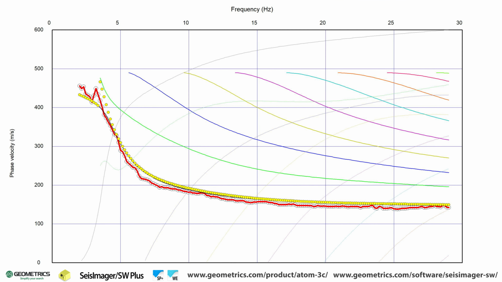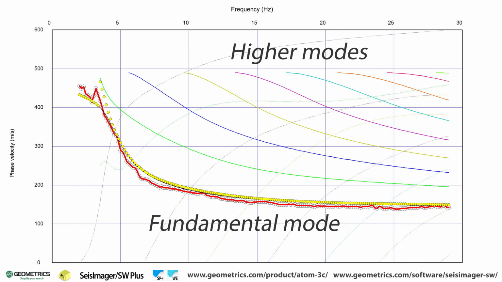Before we launch into the data analysis, let's review what a higher mode is. Any wave phenomenon always consists of a fundamental tone and overtones, or in other terms, a fundamental mode and higher modes. Seismic surface waves also consist of a fundamental mode and higher modes. Most surface wave dispersion curves mainly consist of the fundamental mode, and analysis usually only needs to treat the fundamental